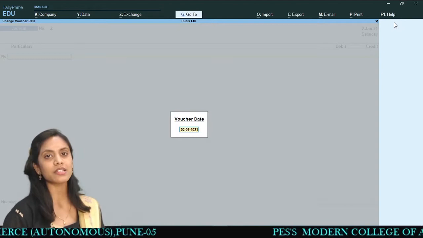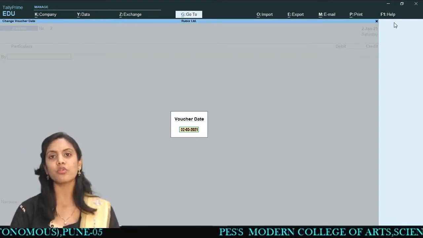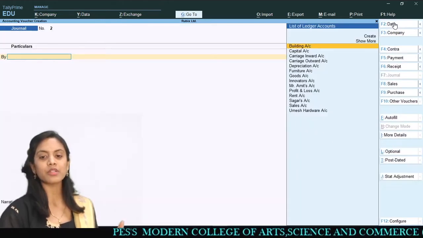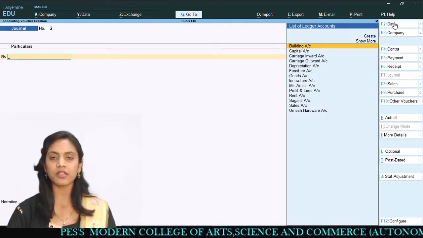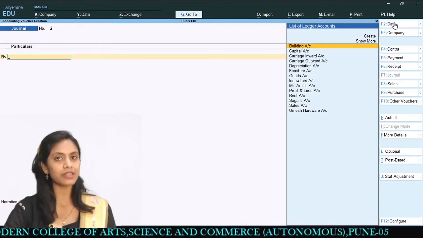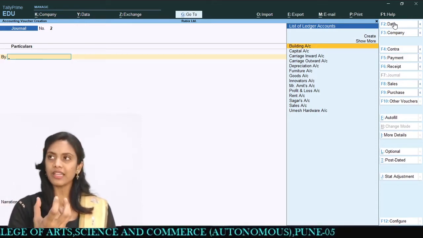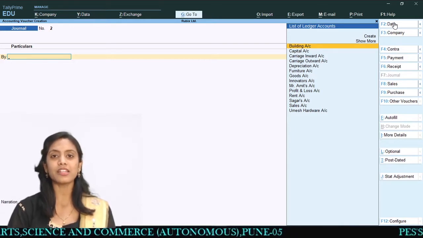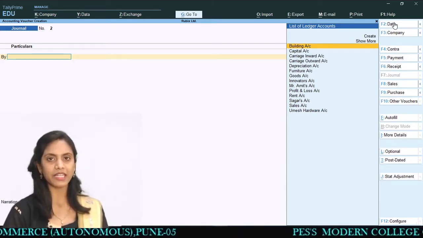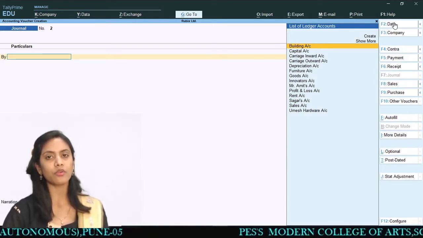So likewise, you can see if you enter a wrong date, Tally will show you, and you just have to correct yourself, right? So 2nd of March 2021, you can enter over here. This is how you can rectify the errors at that time also. So there is very minimal chance of getting wrong results, because most of the time Tally helps you not to go wrong.